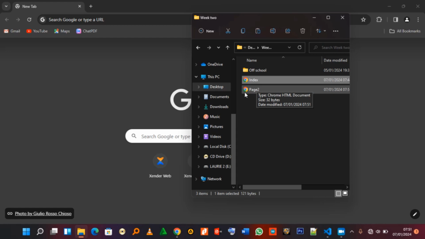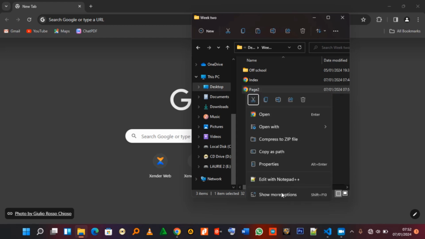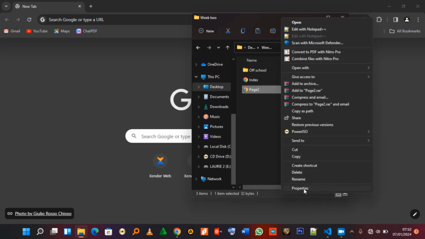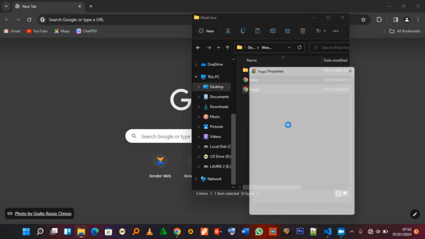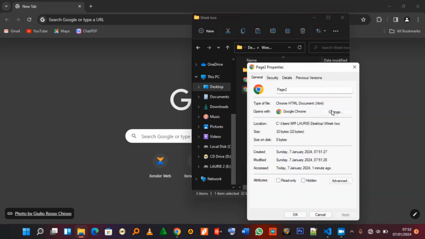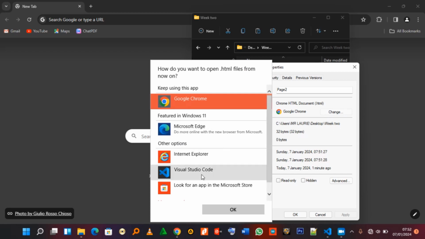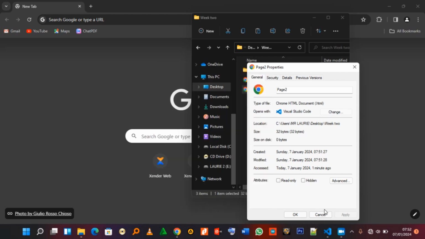That means, for example, this is what I basically mean. If it will open maybe with notepad, maybe I come to show more, I look at the properties, maybe if I come here and change to Visual Studio Code and I apply,